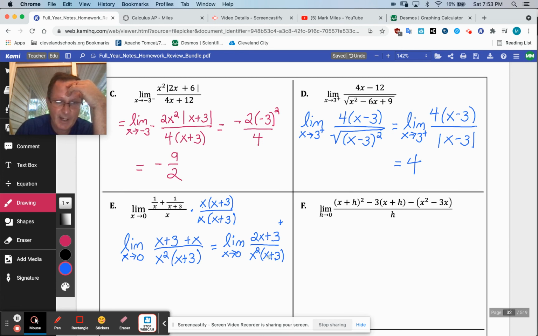But if I'm approaching from the right, that's going to be like 0.00001. All right, squaring that makes it small. But here's the thing, though. When I put it in here, I'm going to have a very small number plus 3. So I believe that thing is going to positive infinity, right? Yeah, because,